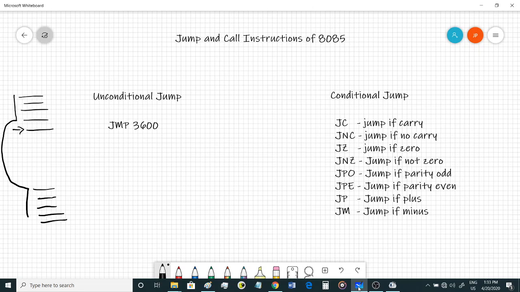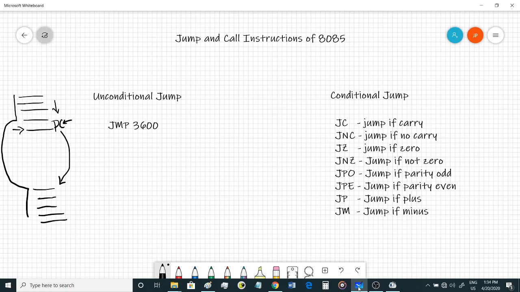Basically what you're doing is that your program counter PC is loaded with a new address of a new memory location from where you want to start your execution. We have already discussed what PC is. PC is program counter. It stores the address of the next instruction that has to be fetched. Always we run programs in a sequence. So if you want to change the sequence, you want to branch to a new location, or you want to jump to a new memory location and start executing, you can use